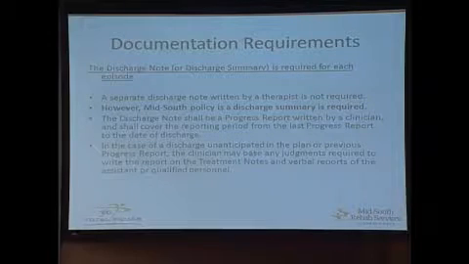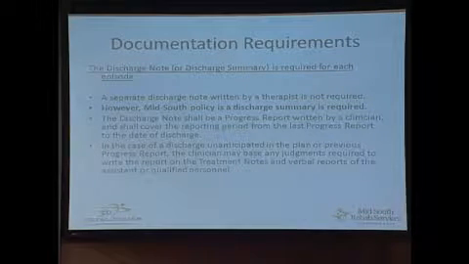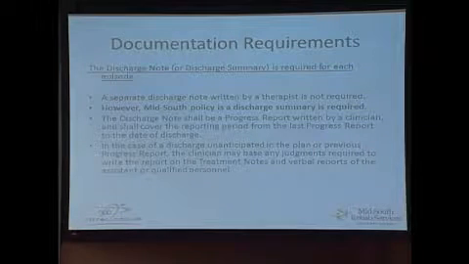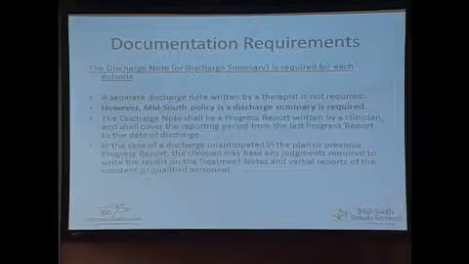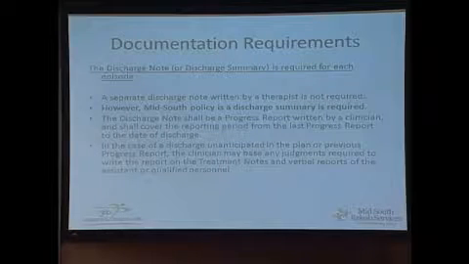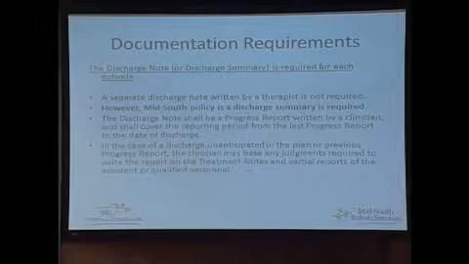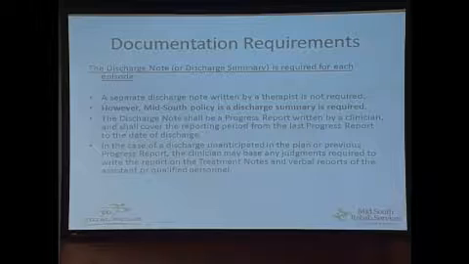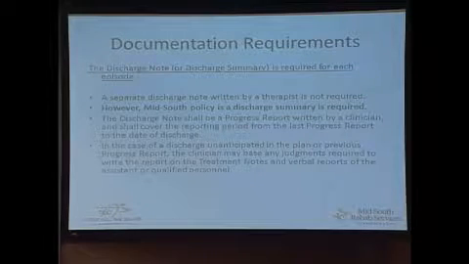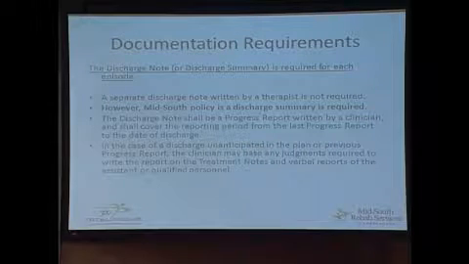Okay, a discharge summary. A separate discharge note written by a therapist is not required. However, Mid-South policy is that a discharge summary is. So for this company, you are required to write a discharge summary. Now, when you write a discharge summary, when a patient DCs to the hospital or they have whatever, you should